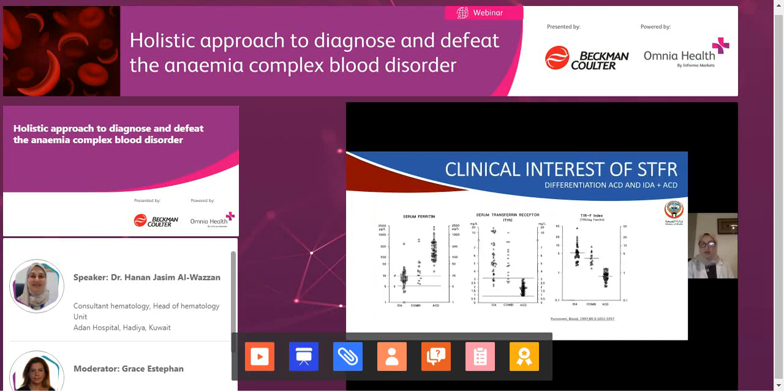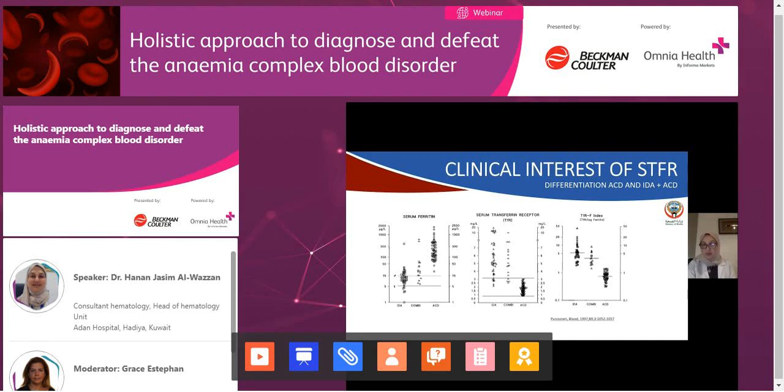The clinical interest is that described in 1997 by Bononin, who published in Blood. The first figure shows that the ferritin can differentiate between iron deficiency anemia and the anemia,